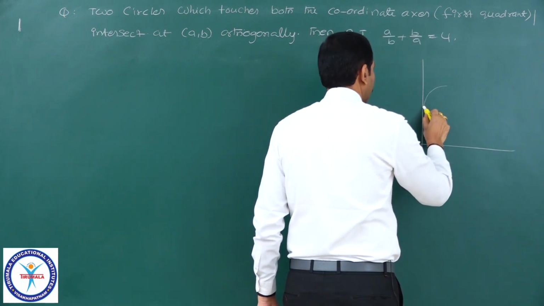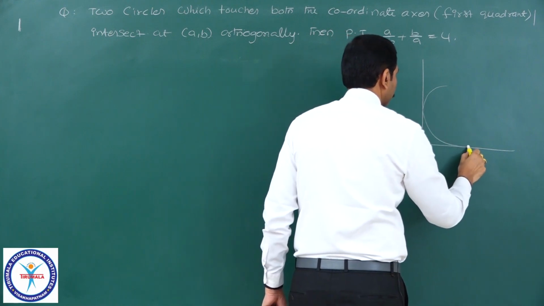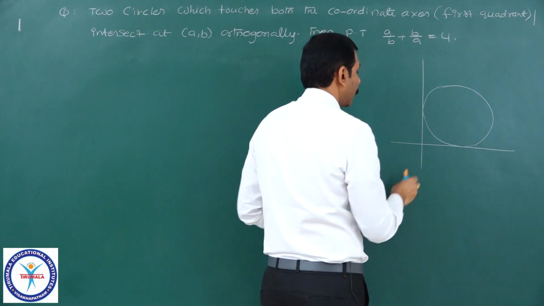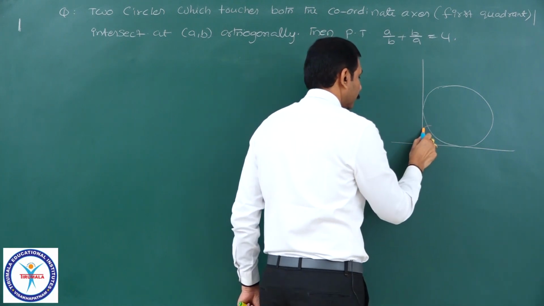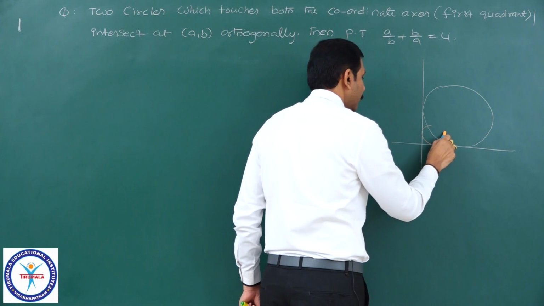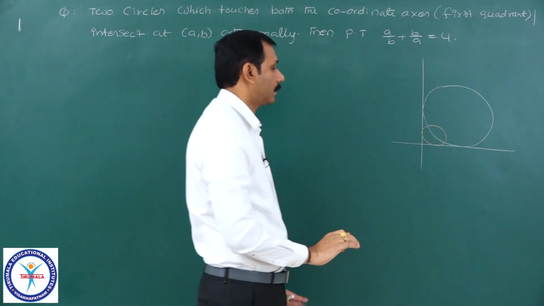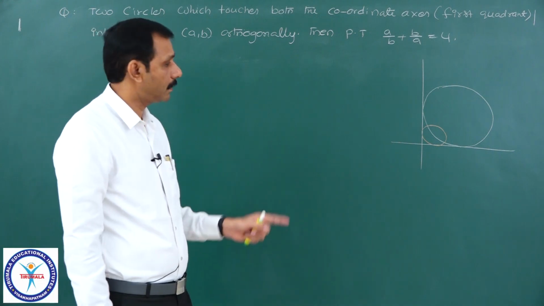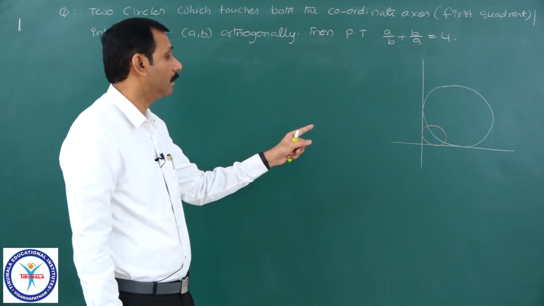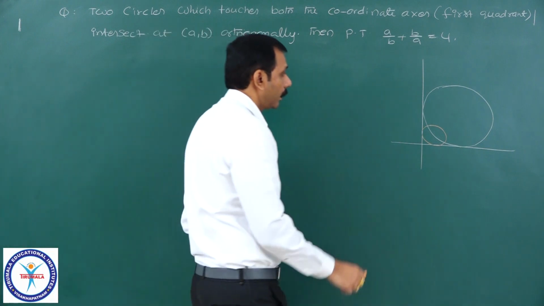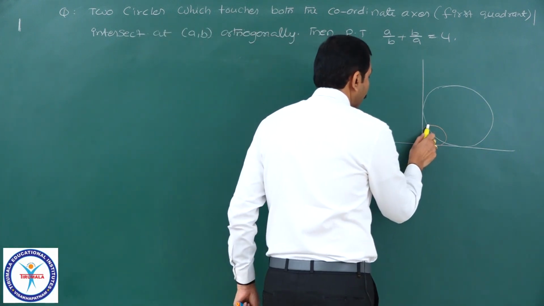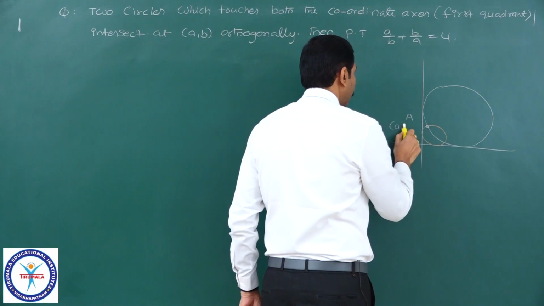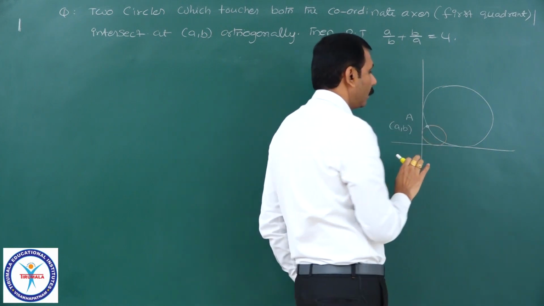I will take one circle and another circle which touches both the coordinate axes and intersects orthogonally, this one, this. Yes, these are the circles which touch both the coordinate axes in the first quadrant and intersect orthogonally, I will take. And of course, given that intersection point, let me take it as A, given a comma b, of course the angle between them equal to 90 degrees.